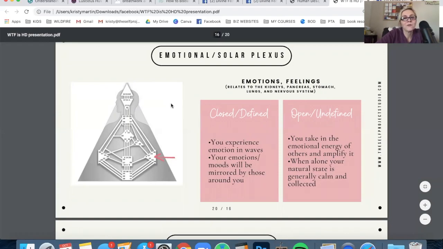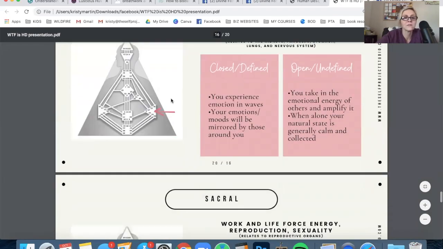So, open and undefined, you're going to be taking in the emotional energy of others and amplifying it. So you might notice when you're alone, your natural state is pretty calm and collected. And only when you get with others do you get these emotional energy surges. Not always, but